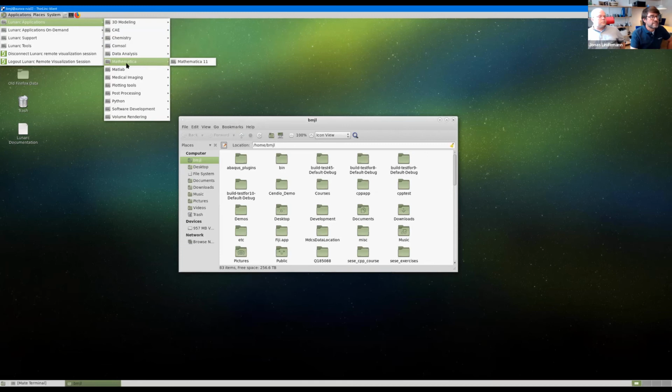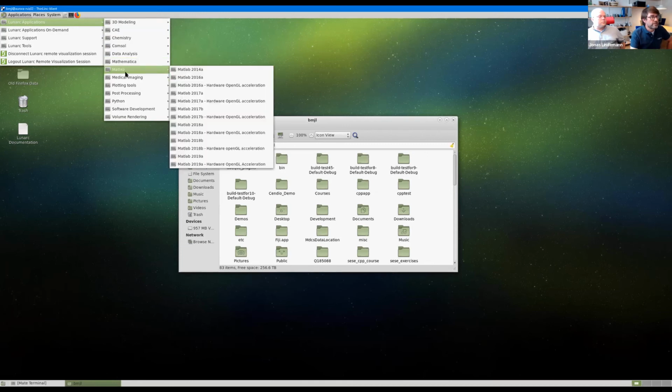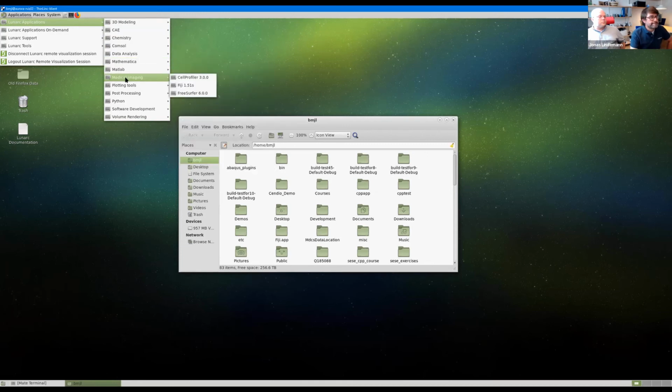Worth mentioning is that all these applications run on the application server that best suits the application. It could be one with a lot of memory, or a beefy graphics card, or a less beefy graphics card, or something else.